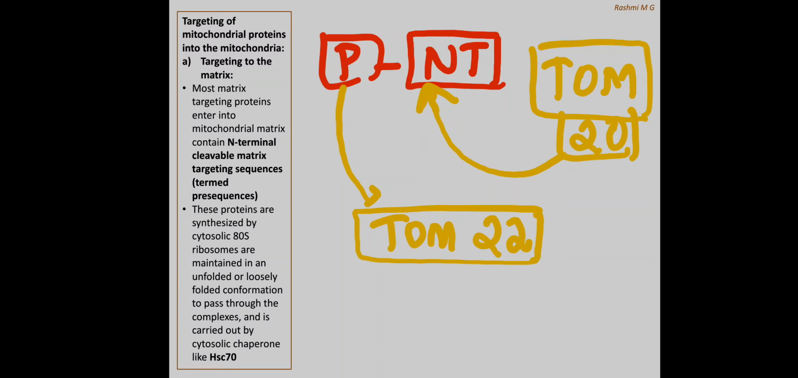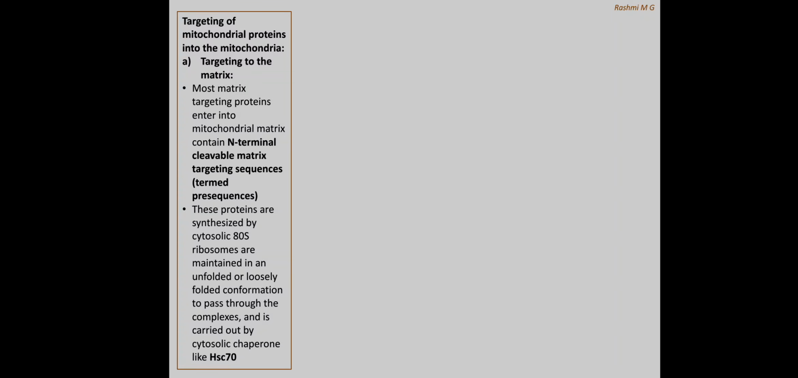What does it do? First, TOM20 of the TOM complex, which is present in the outer membrane of the mitochondria, recognizes this N-terminal cleavable matrix targeting sequence. After recognizing it, it transfers the precursor protein to the central receptor TOM22. This matrix targeting sequence, the MTS, which is attached to that protein,